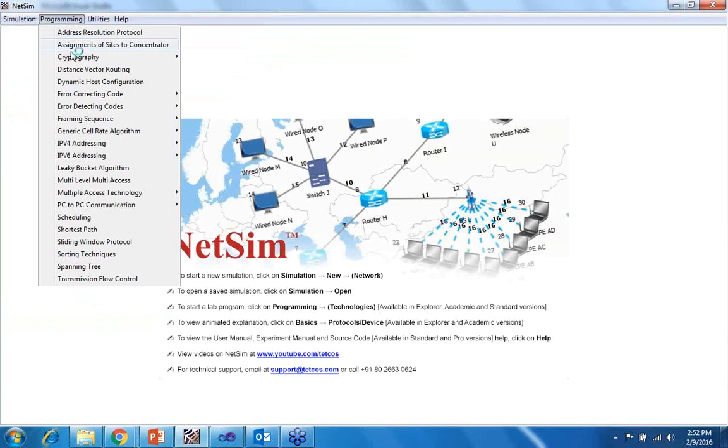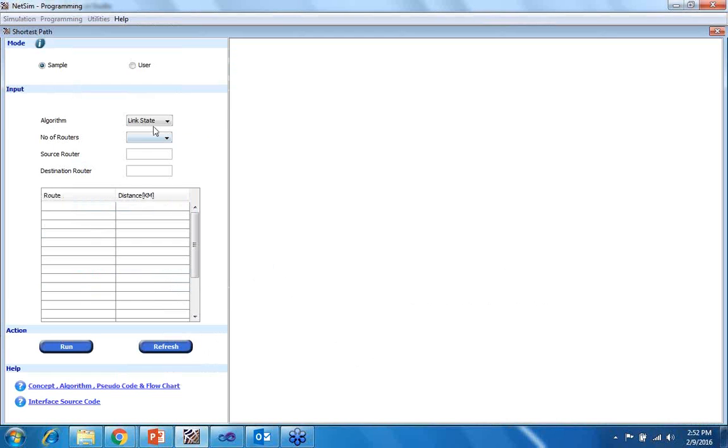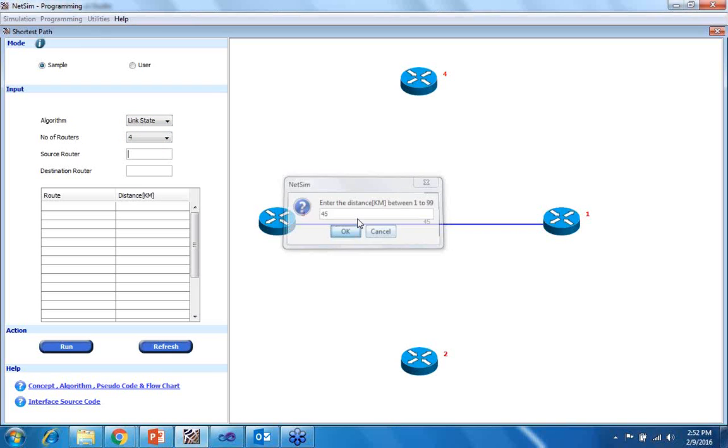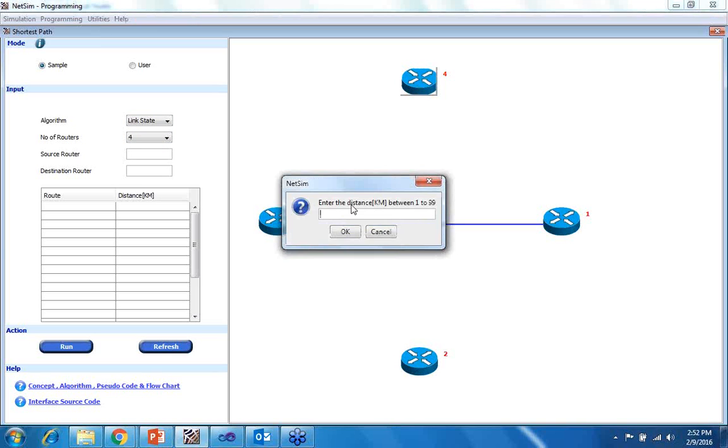So likewise, you can use cryptography, DVR, error correcting code, detection code, framing sequence, leaky bucket algorithm. All these are given. Shortest path. Okay, I'll show you for shortest path. You can set it for link state or floyds, number of routers involved. If you click on this, it will ask you for a distance. If you click on this,